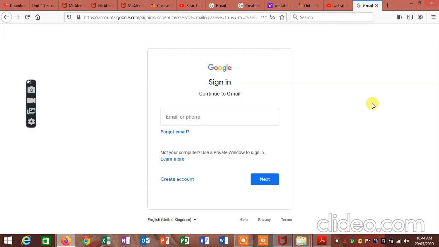Now because this is the first time you are accessing Gmail, we have to first of all create the account. हमें सबसे पहले गूगल पे अकाउंट क्रिएट करना है, तो उसी के लिए हम पहले करते हैं साइन अप. You will get this page when you go to the Gmail account page. Now because you do not have any account, you will go to the create account tab. Once you click here, there are two options available: for myself and to manage my business. Right now we will go with the for myself option.